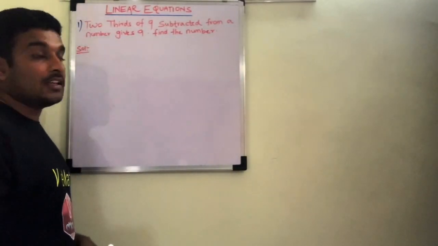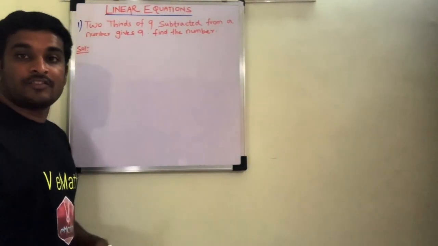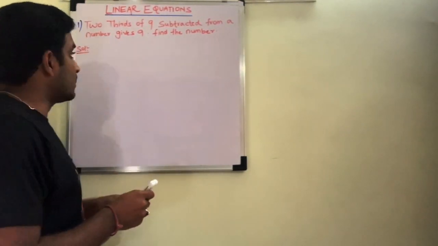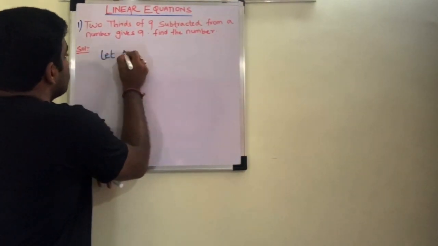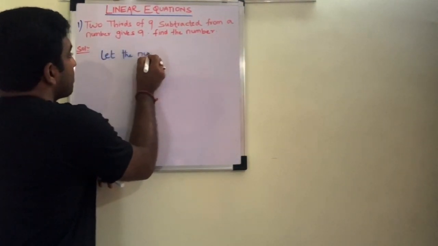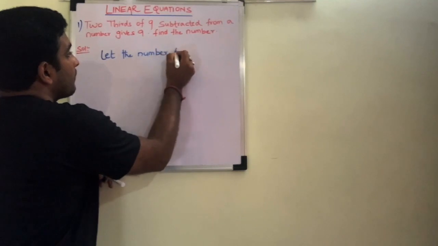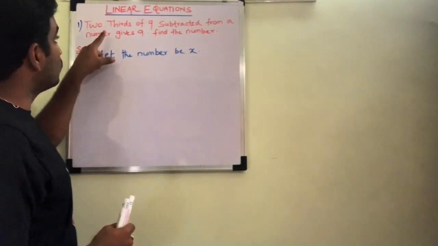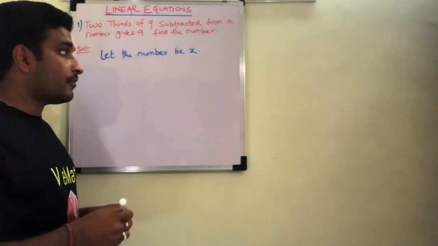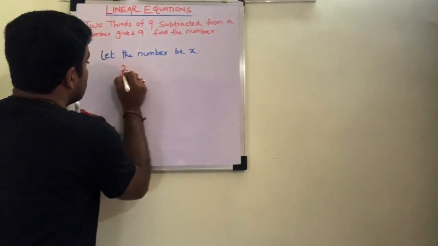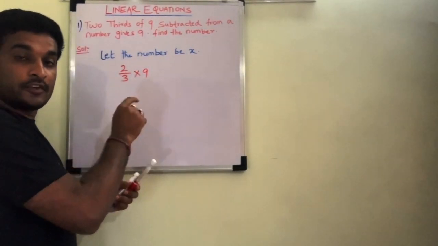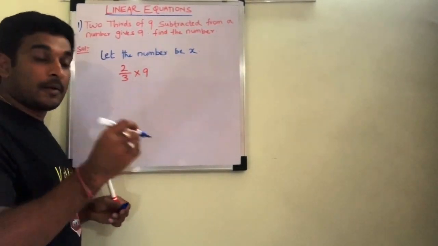Two-thirds of 9 subtracted from a number gives 9. Find the number. Let the unknown number be x. In the question it is given as two-thirds of 9 subtracted from a number. Two-thirds of 9 is subtracted from a number,